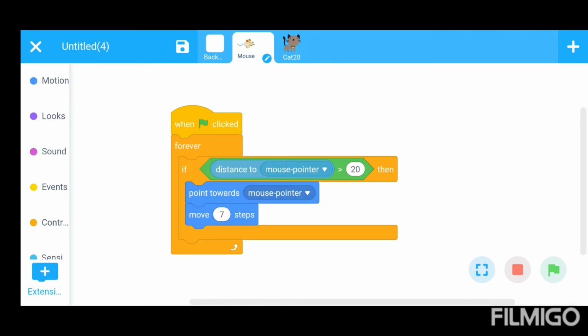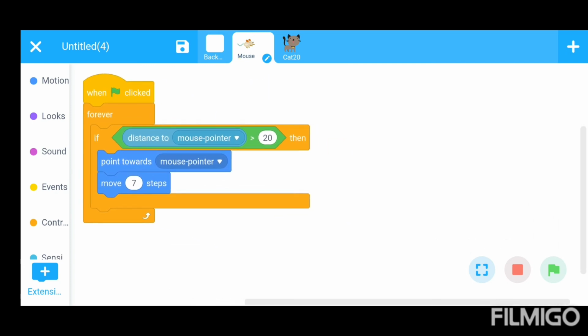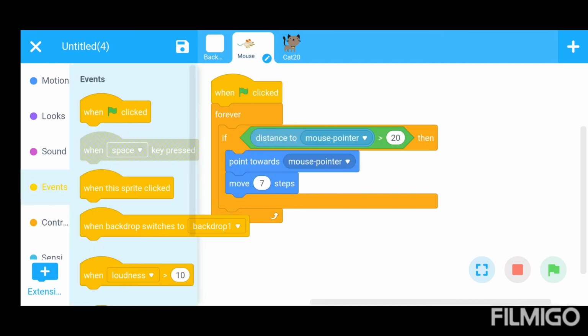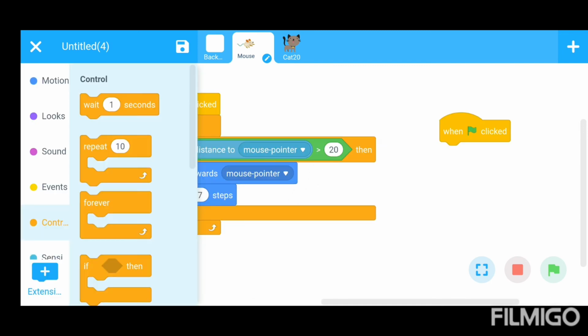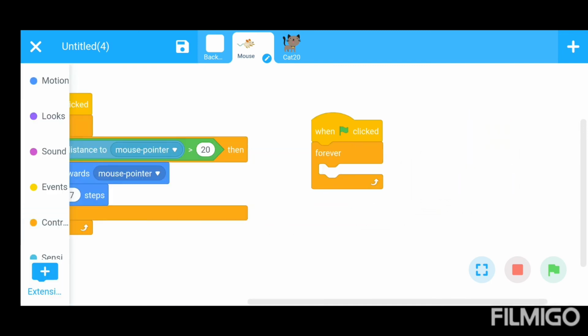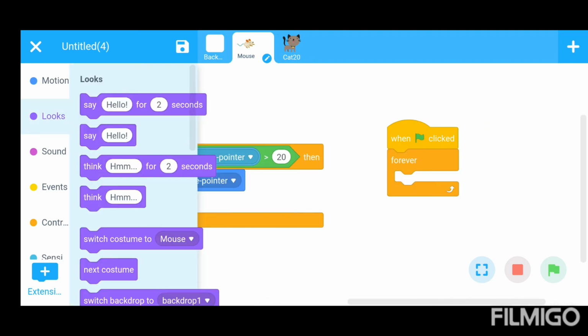Now what happens when the cat touches the mouse? Go to the mouse code or program. If the cat touches the mouse, there should be an eek sound. For this, use this command, when play clicked. Use the forever command, forever loop. Then go to the looks section and say hello for 2 seconds.